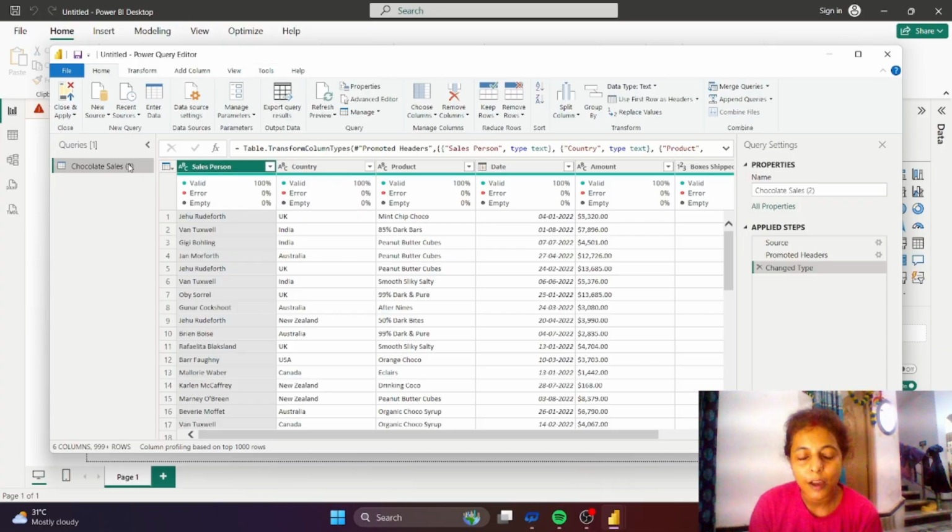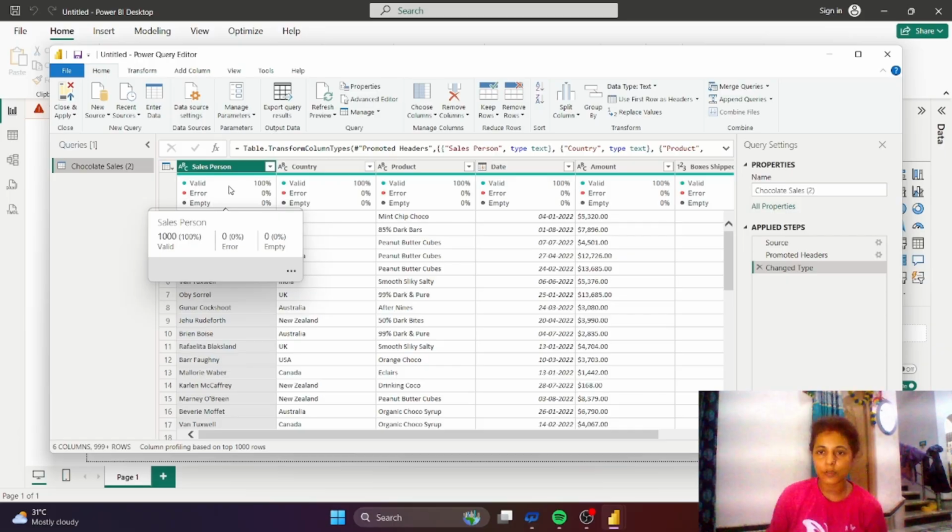In Queries, after extracting the data, the file will show here. As you can see, it is written chocolate sales, which means our file is stored here, and we are going to work on that. In today's video, all about Power Query.